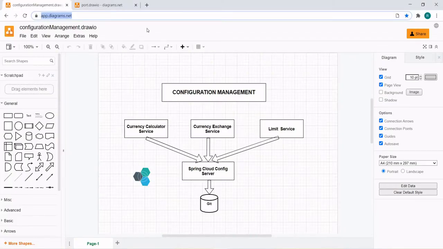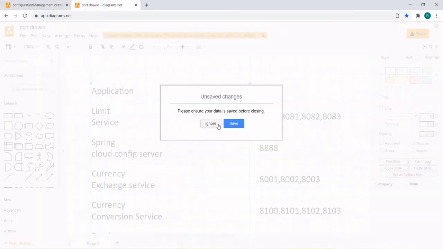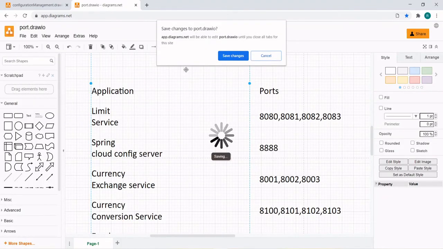We had already decided that the limit service will run on 8080, 8081, 8082 and 8083 ports in case of multiple instances, and the Spring Cloud config server runs on port 8888.